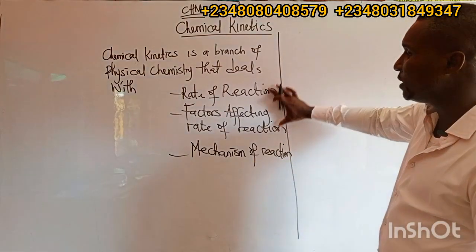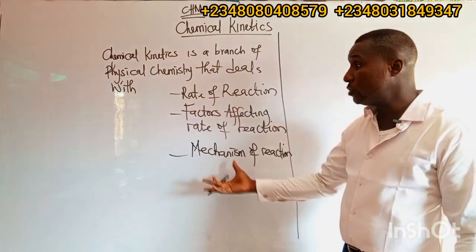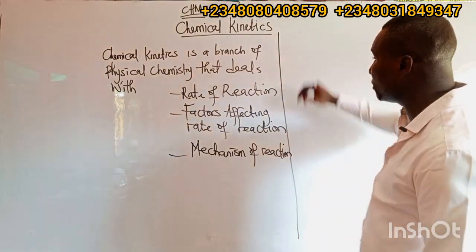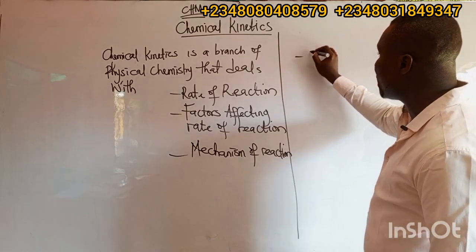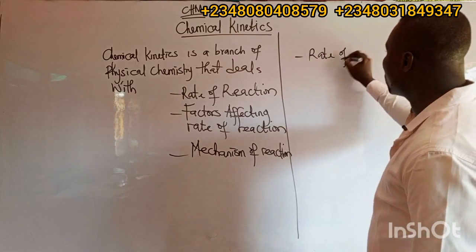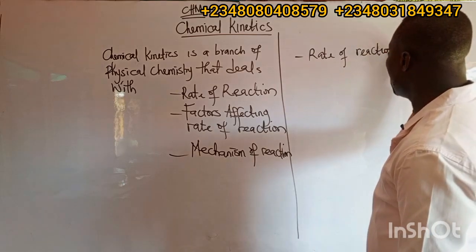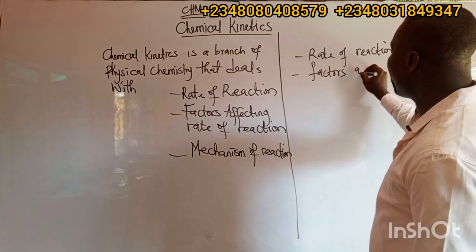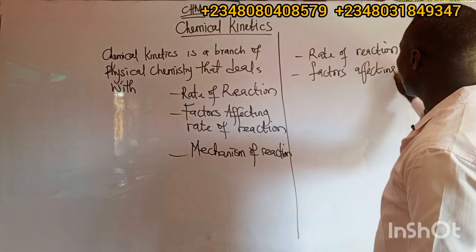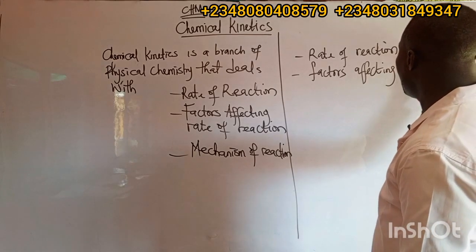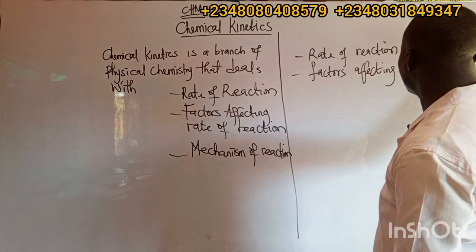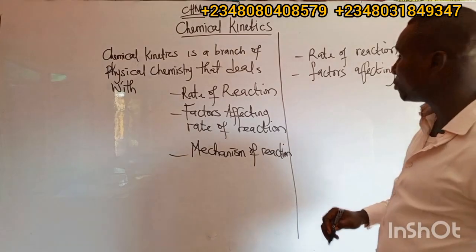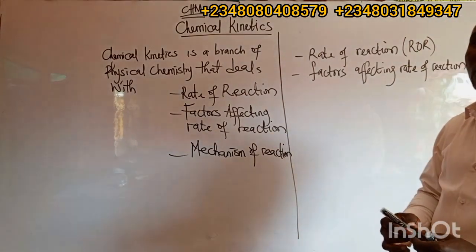And this scope can be widened. Under what we are going to discuss under chemical kinetics, we are going to look at rate of reaction, as I said. We are going to look at factors affecting the rate of reaction. Rate of reaction, I can write ROR. Under factors affecting rate of reaction,